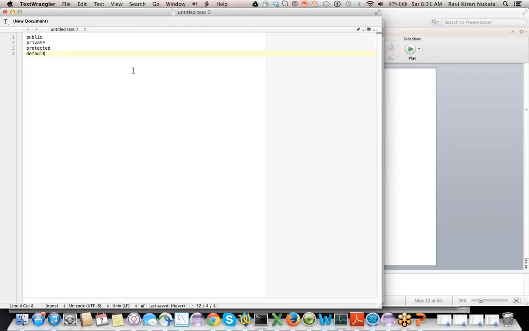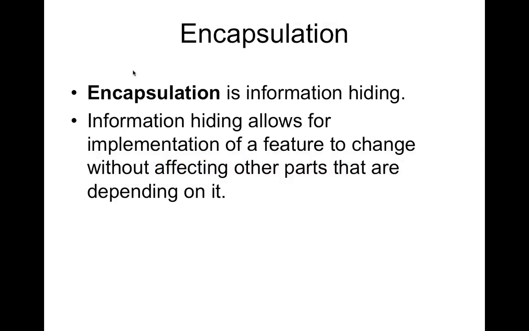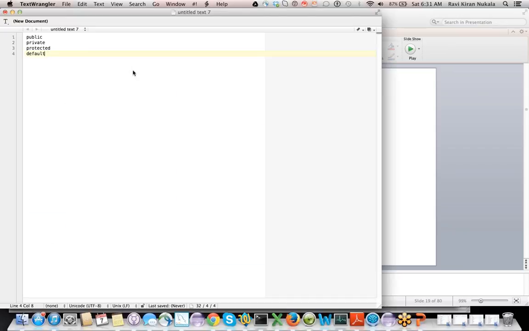And what did we speak about encapsulation? It's nothing but information hiding, right? So when we are talking about information hiding, it can be on the state or behavior. That means I know about myself and nobody else knows, right? That is called private behavior.